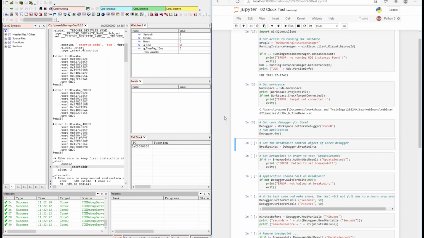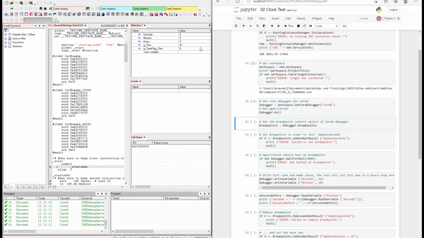We start the application. You see some variables are incrementing here, and also the seconds is counting up. And then we want to test the update function for the seconds. So it is always a good idea to set a breakpoint at the beginning of this function. For that, we need a breakpoint object for the Core 0. So we have already the debugger object